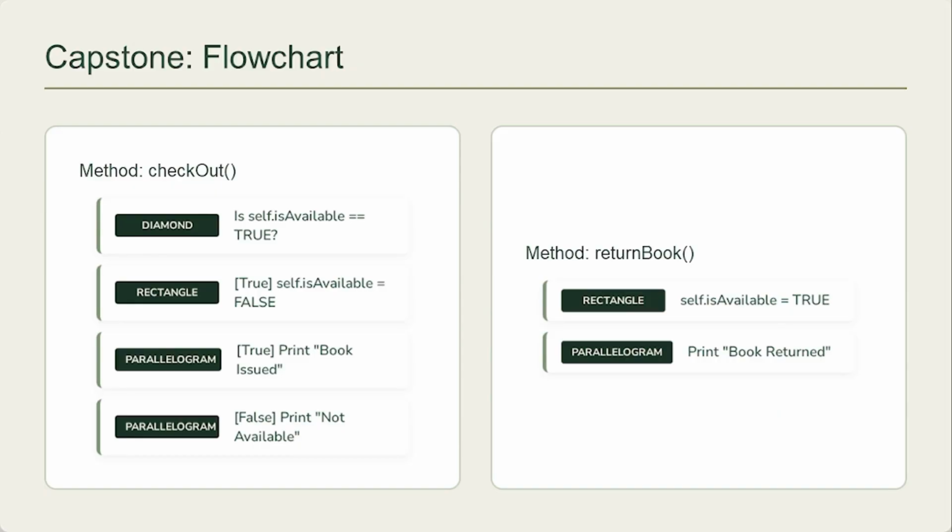So checkout checks if self.is_available is true. If it is true, then we first update the value of is_available, since it is going to be checked out by someone, so it is not available. Then we print that the book is issued, and in the other case we simply tell that it is not available.